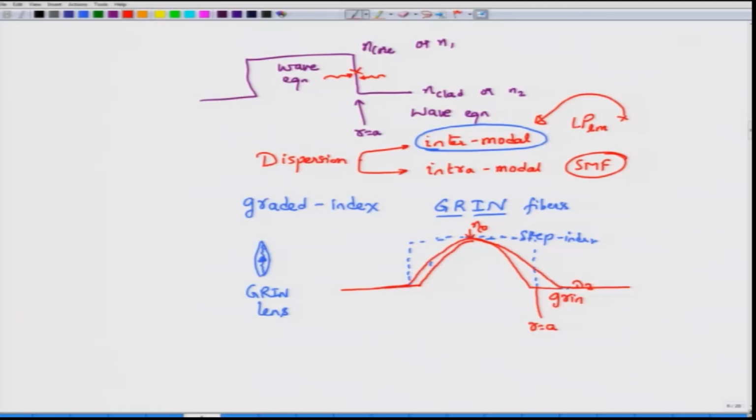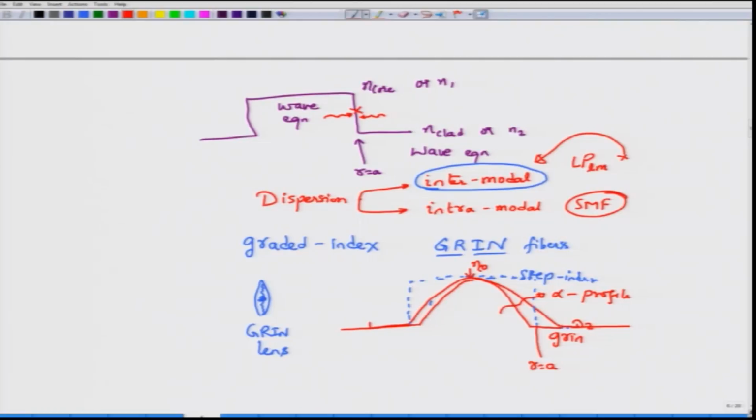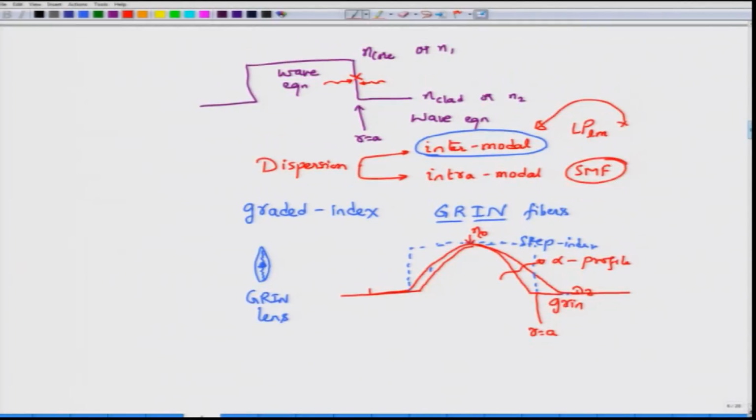But you can also have different fall off rates. For example, this is one way of falling off, and these different rates of fall off are captured by what is called the grading profile, which unfortunately uses the same letter alpha that we have used for attenuation as well. Please forgive that, because this use of alpha is fairly standard in the fiber optic literature. We are going to use the symbol alpha to denote the grading profile. Hopefully, the context will make it clear which one we are talking about.